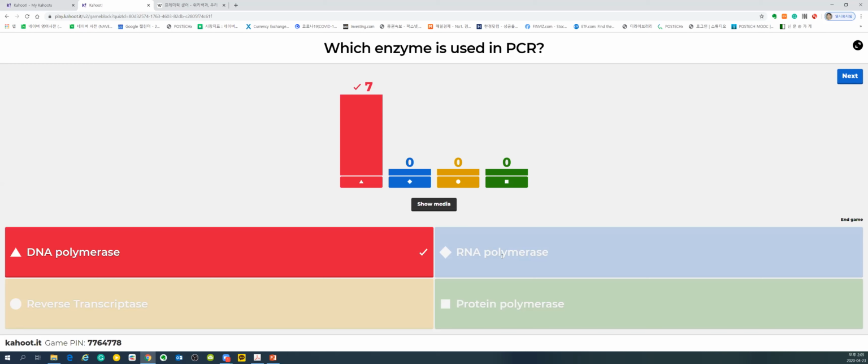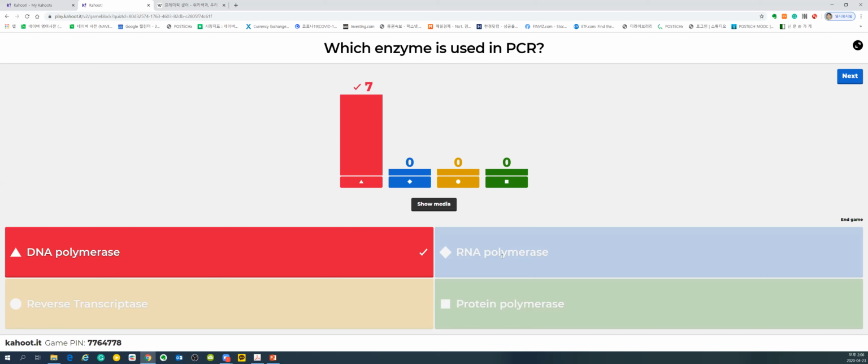What is a protein polymerase? Someone, what is a protein polymerase? Your question is, what is protein polymerase? Yes. Protein polymerase is an enzyme that makes up the protein.